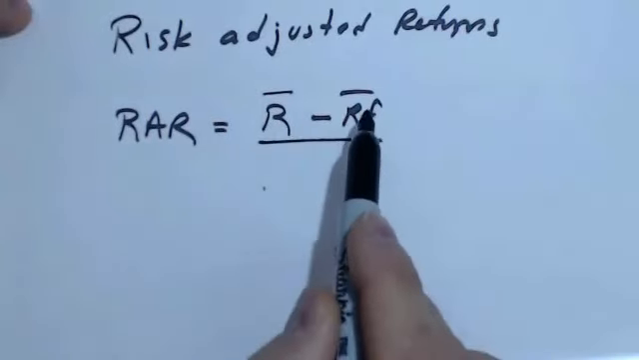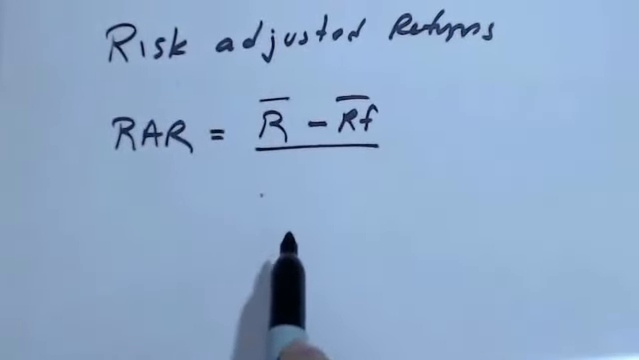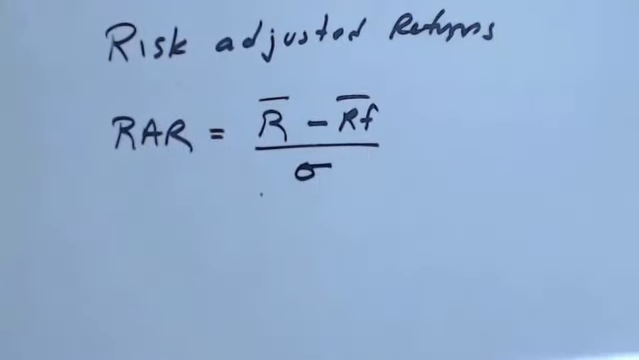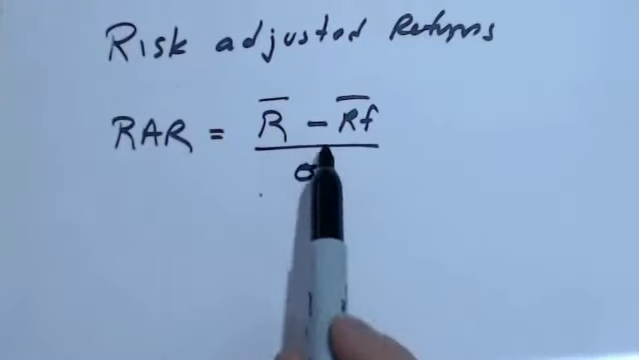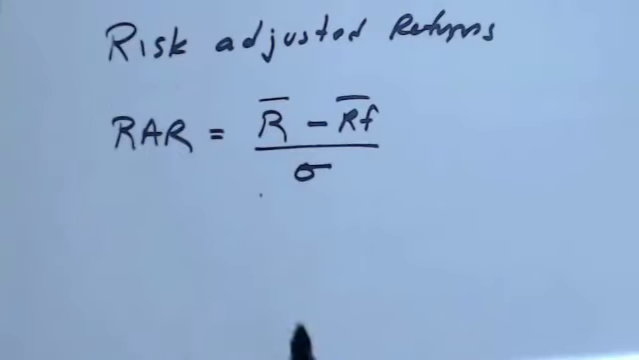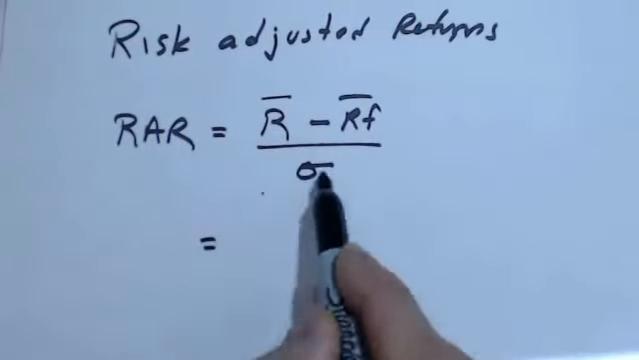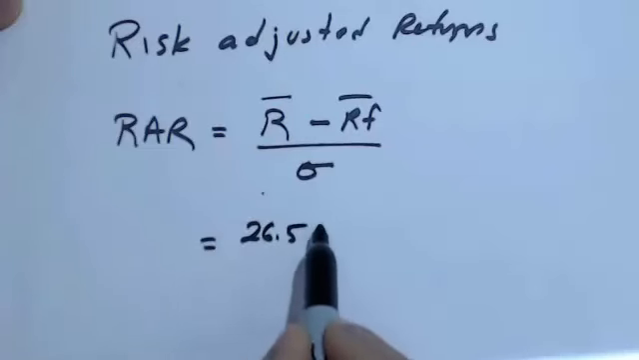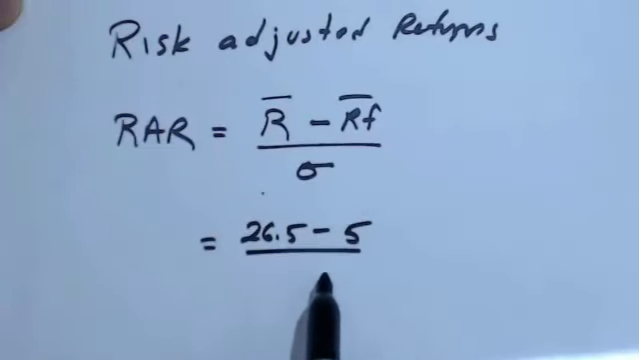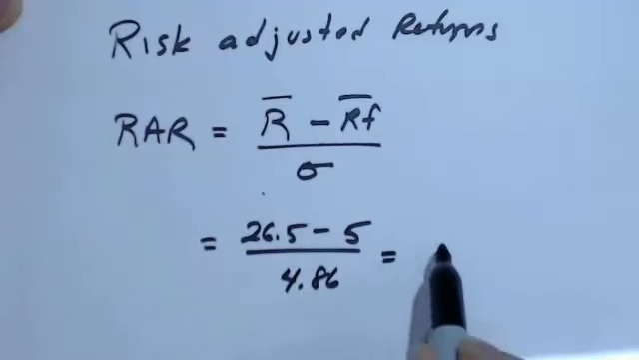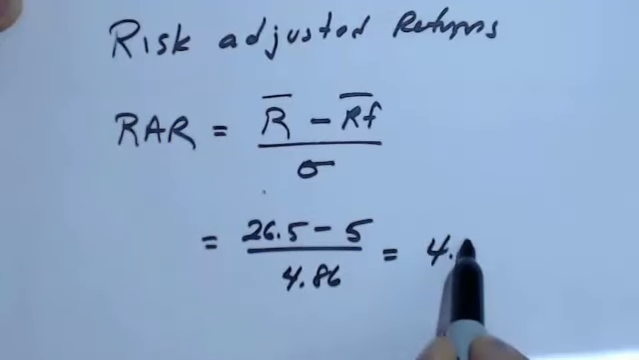It's the risk premium I talked about a minute ago, and it's risk premium adjusted for risk. So we'll be able to measure a risk premium in units of standard deviation. So we have all the numbers we need to compute this risk-adjusted return. This will be 26.5, this will be the 5, and this will be 4.86 for a risk-adjusted return of 4.4